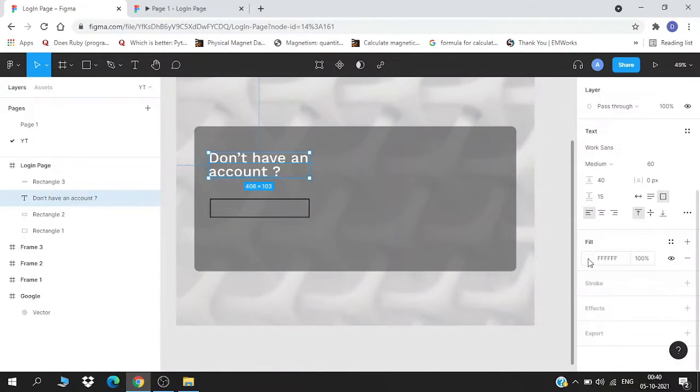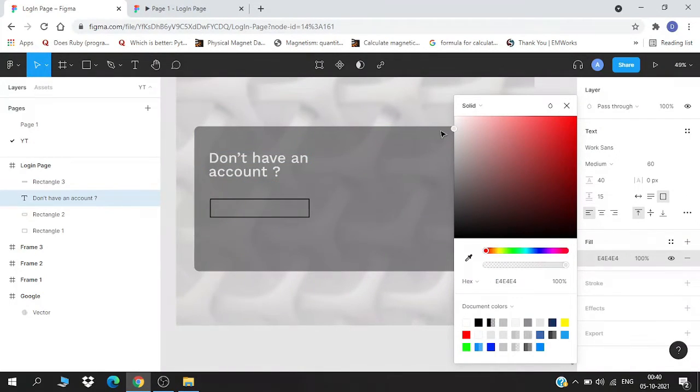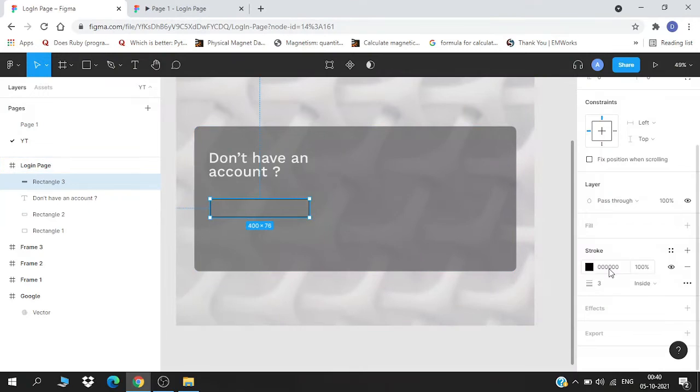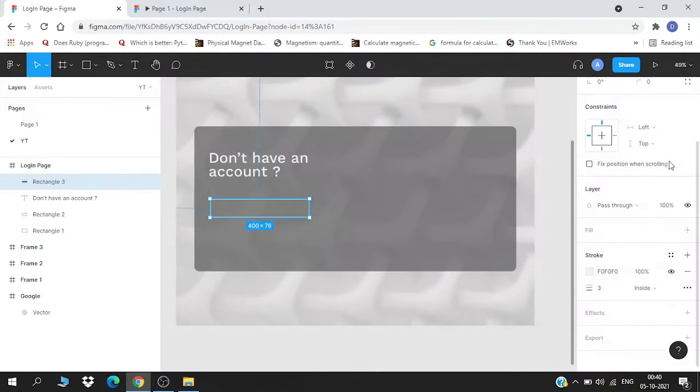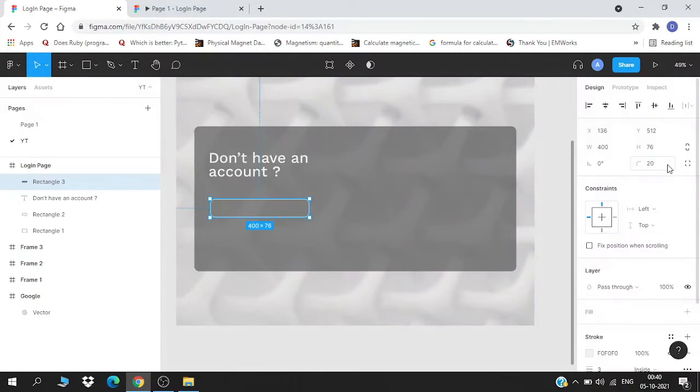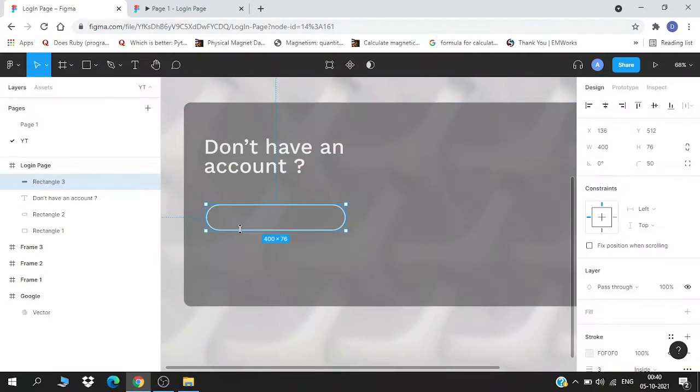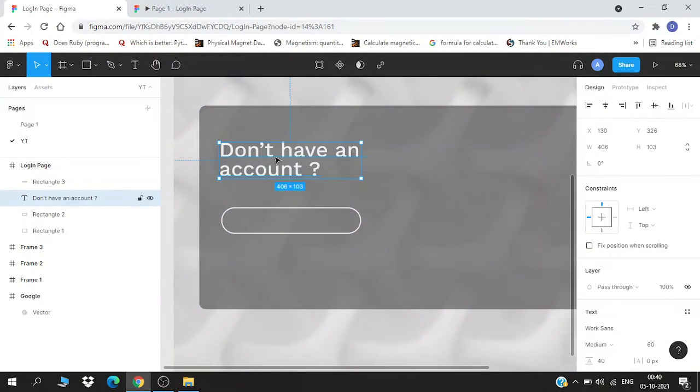And after removing its color, first of all, I don't want to give it too much. Yeah, that would be fine. So I'll copy this hexacode for future reference, and here I will paste this. Also I'll give it a corner radius of around 20, 50. Yeah, 50 would be fine. And now I'll press the Alt key and left click to copy it, as I won't have to write again and again.